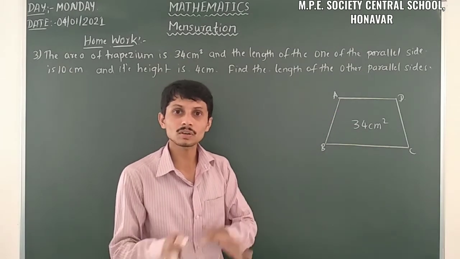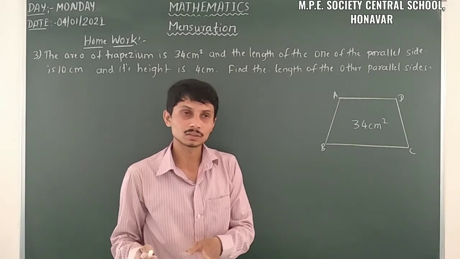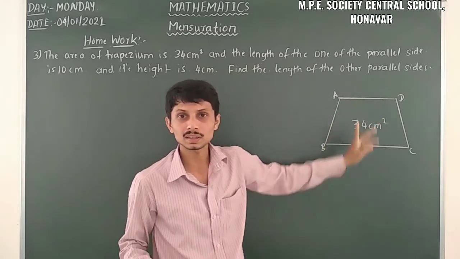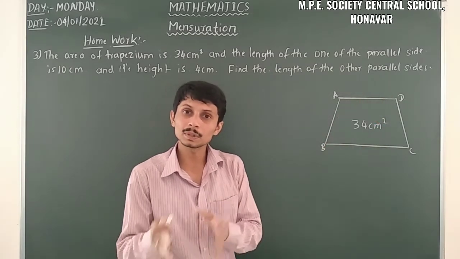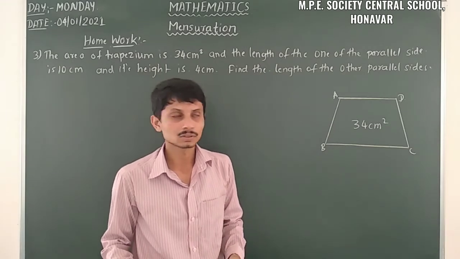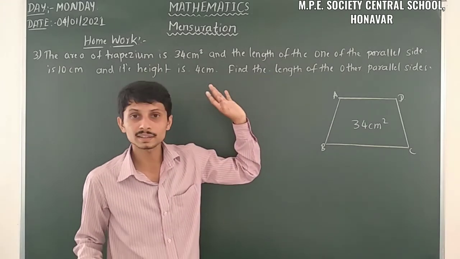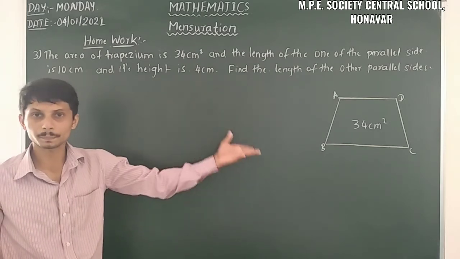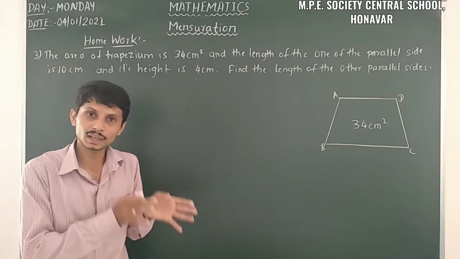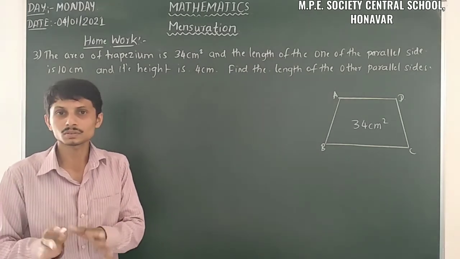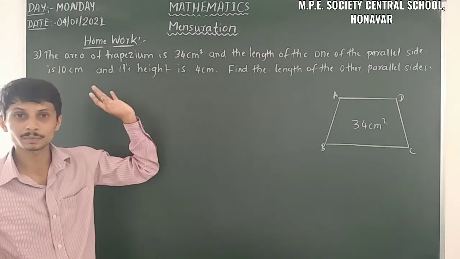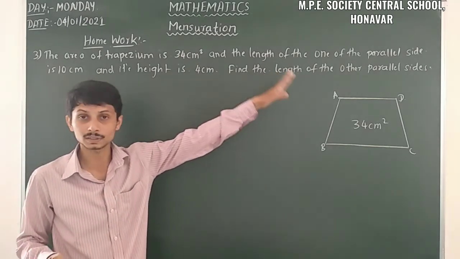That is just our understanding, but we can take any one. You can take A, or B, it does not matter, because A plus B and B plus A are both the same. So one of the parallel sides is given as 10 centimeter. Take A or B, no problem. There is no difference. And the height is given, that is 4 centimeter. That means we have to find the length of the other parallel side.